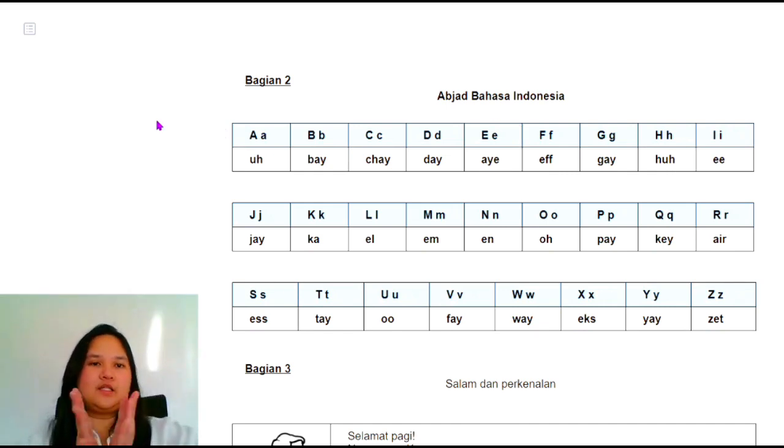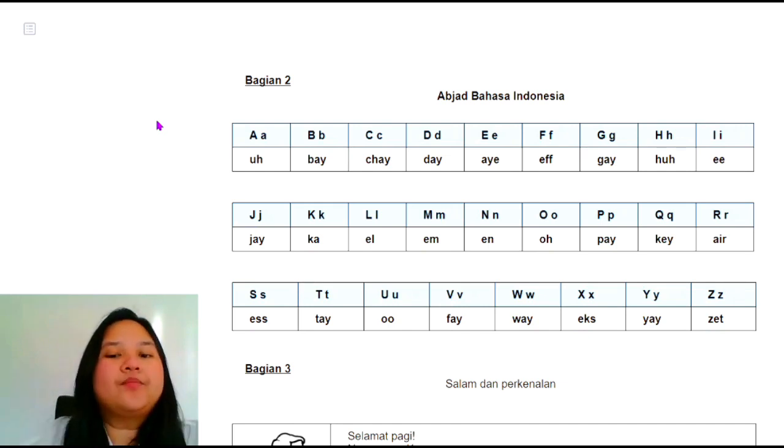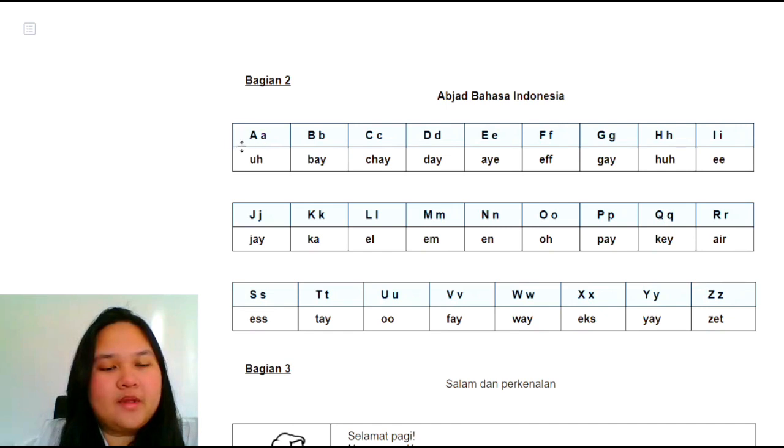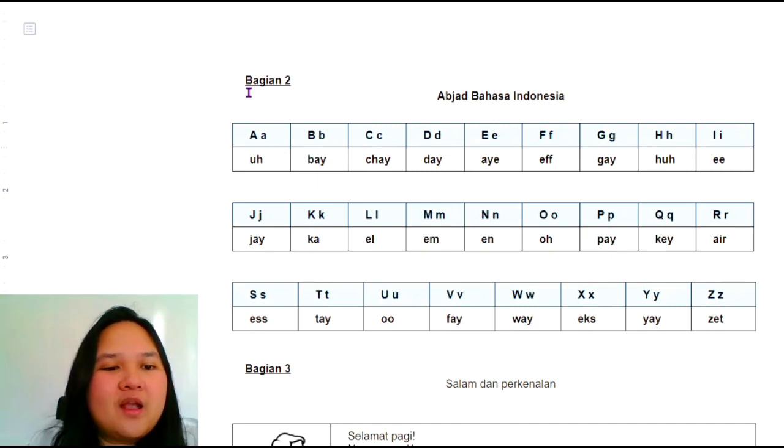So here let's start with the spelling and pronouncing how the alphabet is in Indonesian. The first one. Here the one in blue is the letter, and the one under it is how I interpret in English how it would sound like. All right. So first one, A,